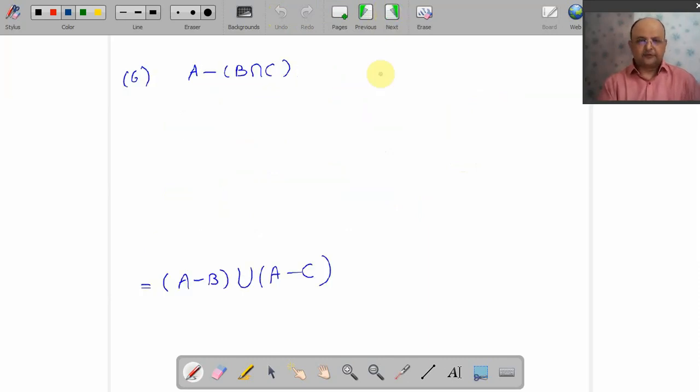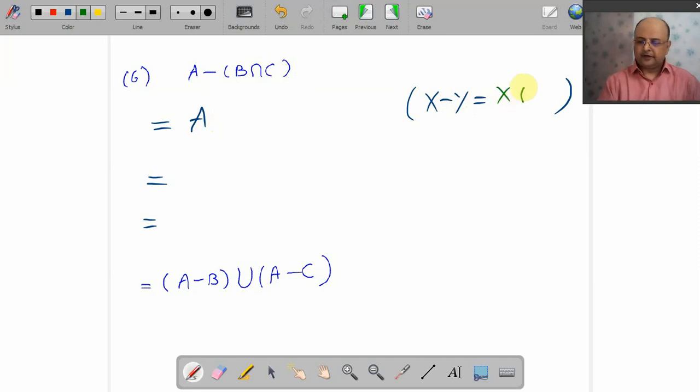Some examples I want to discuss sometime. Well, I want your concentration. Maybe we have just seen an example like this. Yeah, come on. A minus B intersection C. Come on, what is x minus y? It is same as. I need your help. Yes, my darlings, it is x intersection y dash, bachas. So A intersection B intersection C, the whole dash, just like this.